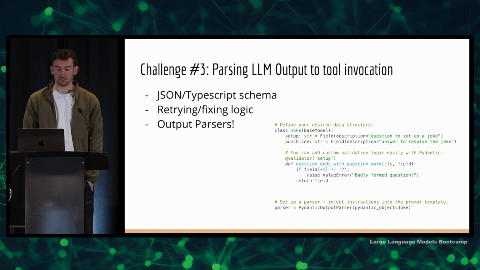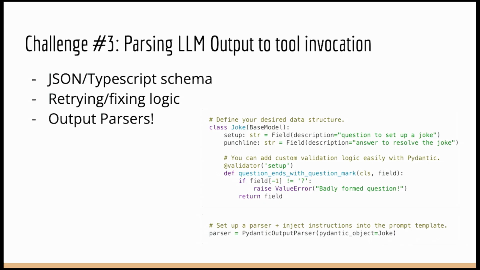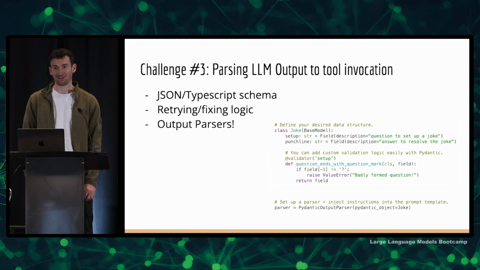A third challenge is the language models tell you what tool to use and how to use it. But that's in the form of a string, and so you need to go from that string into some code or something that can actually be run. And so that involves parsing the output of the language model into this tool invocation. Some tips and tricks and hacks here are, one, the more structured you ask for the response, the easier it is to parse generally. Language models are pretty good at writing JSON, so we've transitioned a few of our agents to use that schema. Still doesn't always work, especially some of the chat models like to add in a lot of